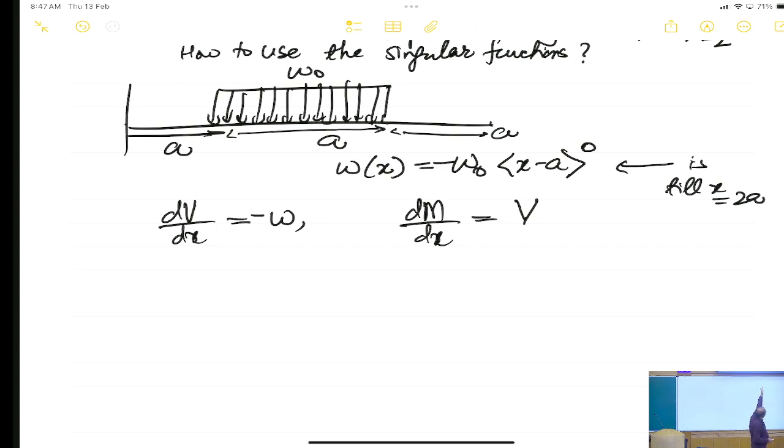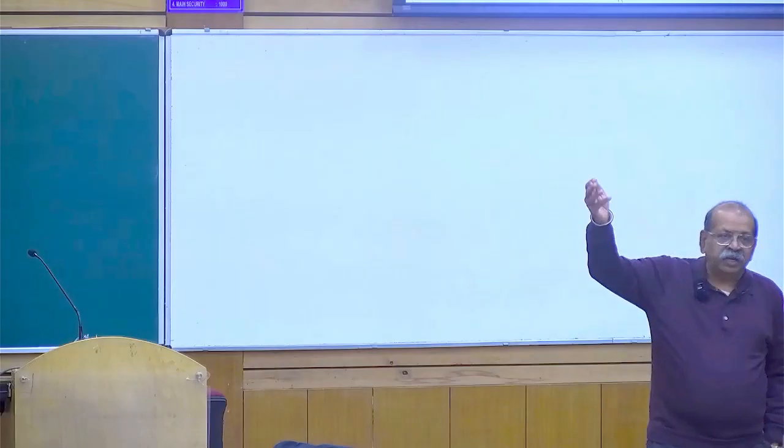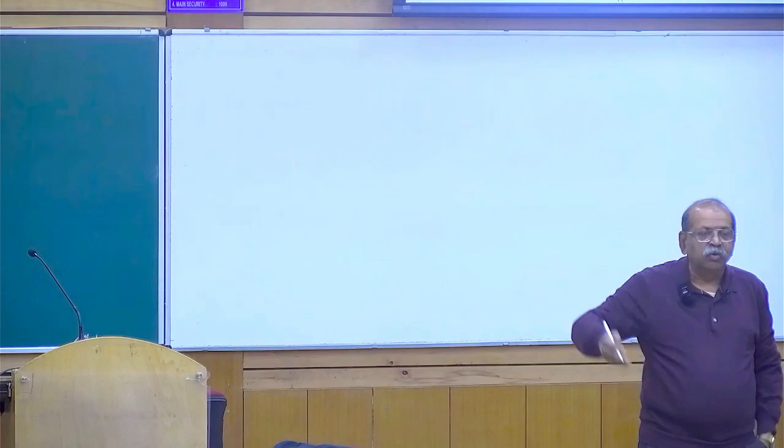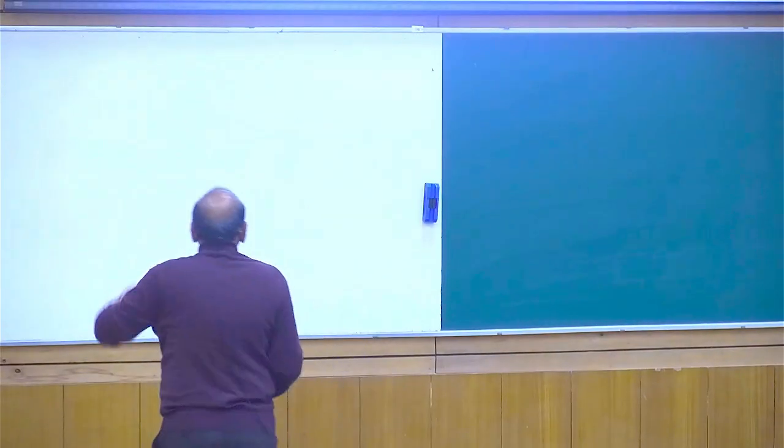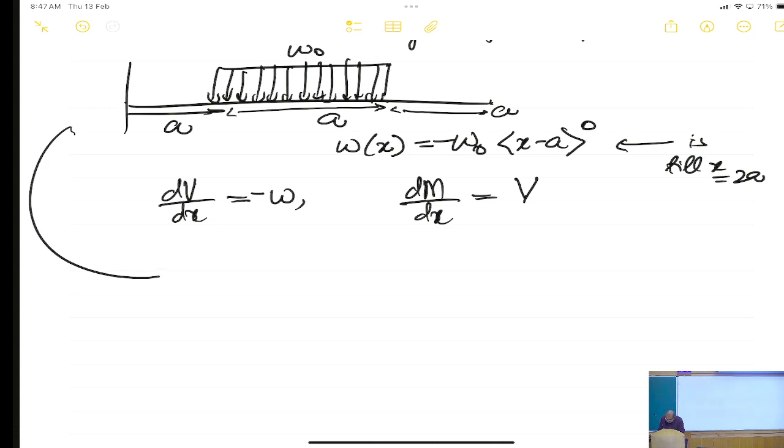Now, suppose if there is a portion beyond 2a where there is no loading, then how do you express that? So, you put another, so what you will do is,